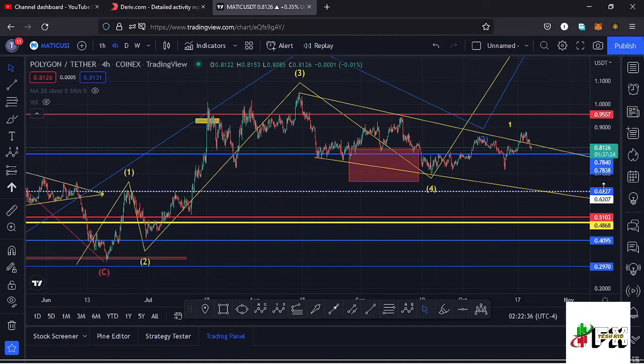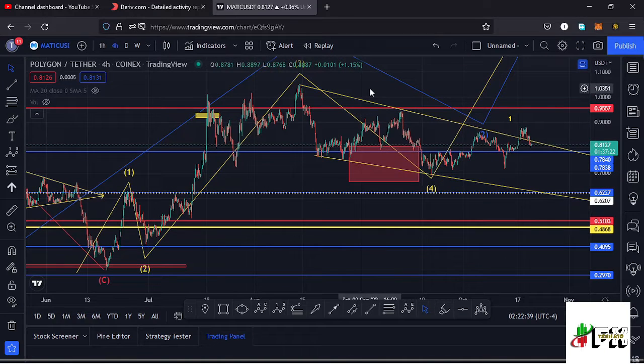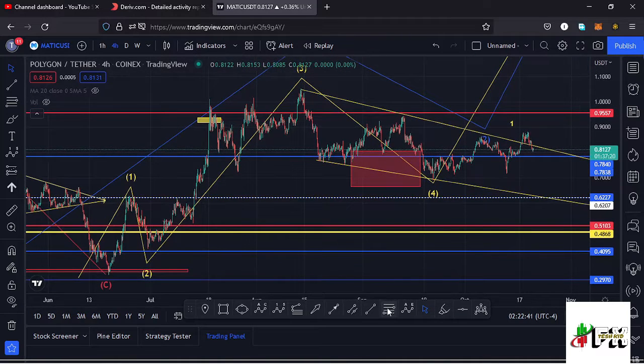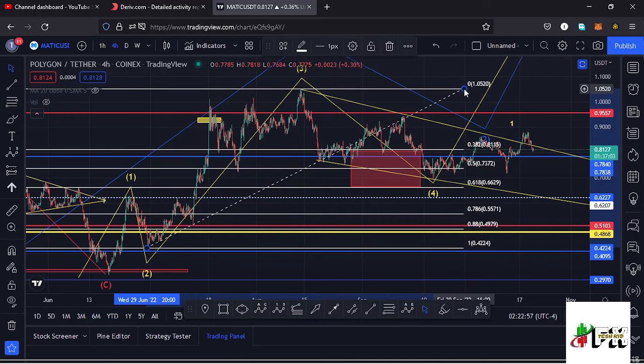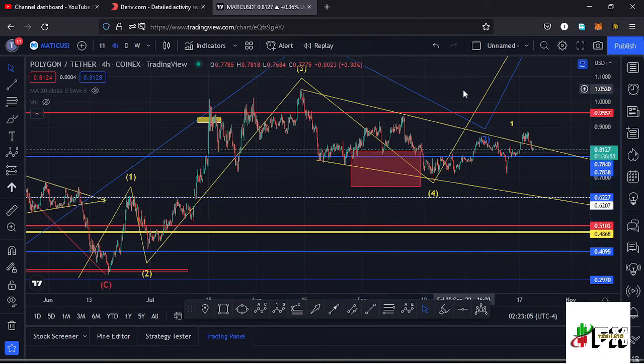to the lower side. And because a fourth wave is a retracement of the third wave, we can use the Fibonaccis to get a minimum target area to the lower side in that retracement in the formation of a wave 4, and I just need to use the Fibonaccis, connecting them from the low of the wave 3 to the high of that wave 3, and that gives me a minimum retracement area between the Fib level 0.382 and the Fib level 0.618. And removing the Fibonaccis, you can see that my target area lies between the $0.81 mark and the $0.67 mark,